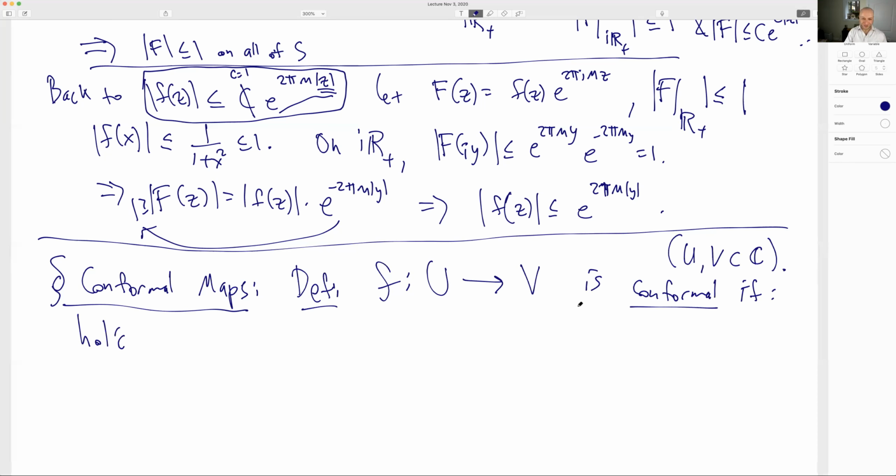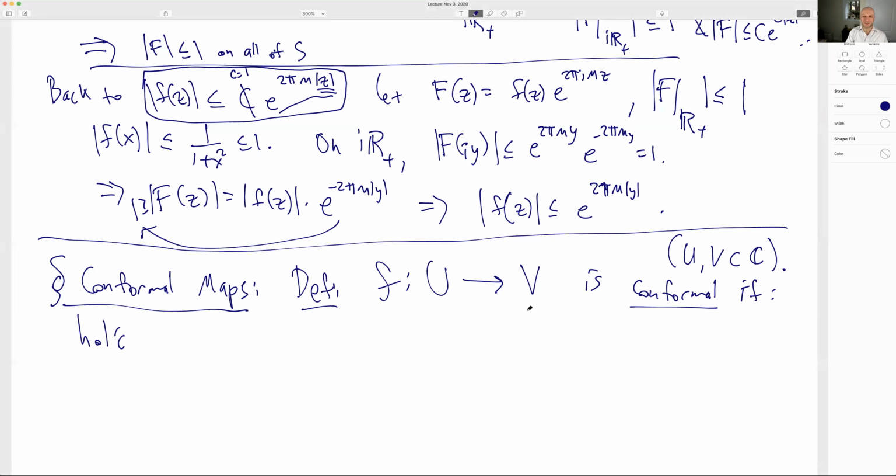Well, really, there's a funny thing. We're going to use slightly non-standard terminology. Conformal means the angles are the same. And what we proved almost on day one is that holomorphic maps are automatically angle preserving, with one slight exception,